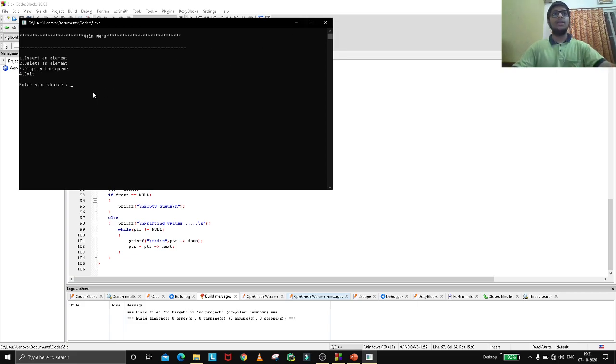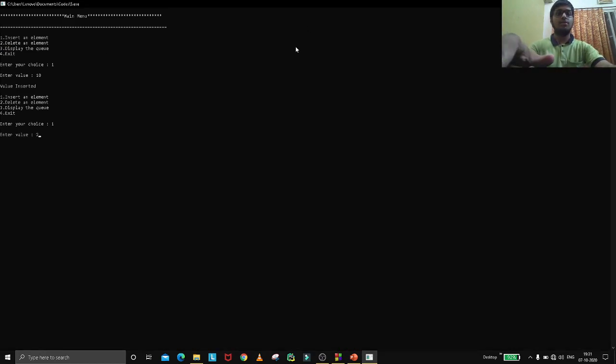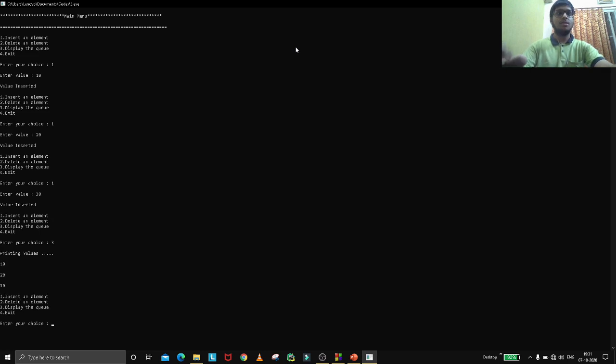So if I insert an element 10, and I insert 10, 20, 30, you can see 10, 20, 30 is inserted in the queue. Now we need to perform the delete function.